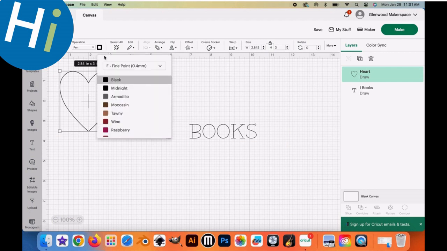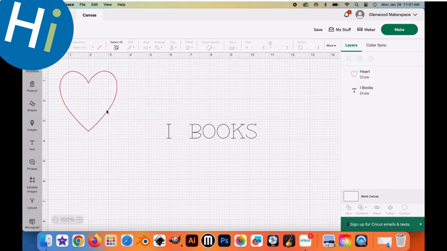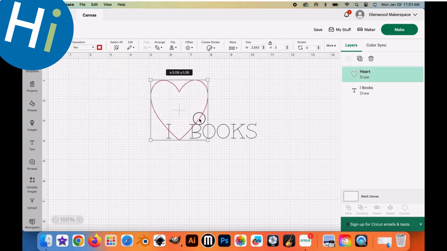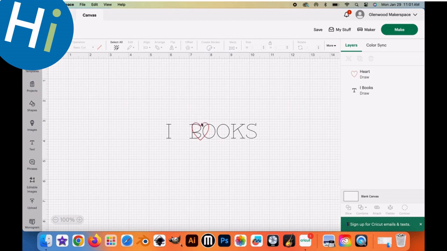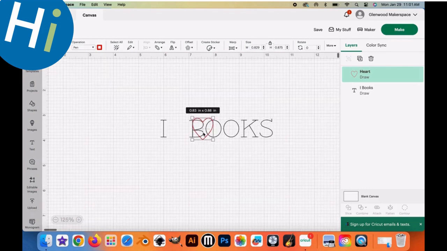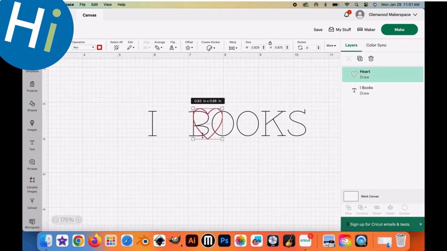I'm going to change the pen color on this heart so that it's going to be red. Add a little bit of variety to my design. To resize an object, you're just going to click and drag any of the nodes on the corner to make it closer to what you want. I'm zooming in just a bit so I can move my heart around. The zoom is in the bottom left. Once you have it sized right,